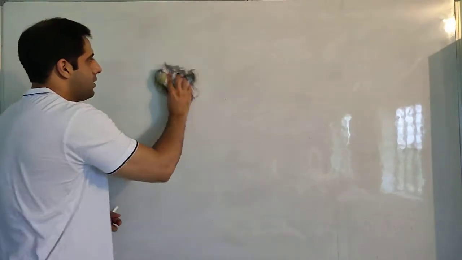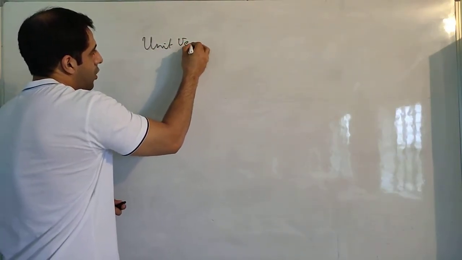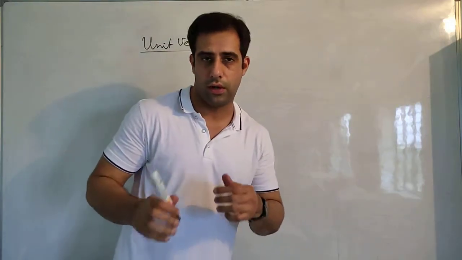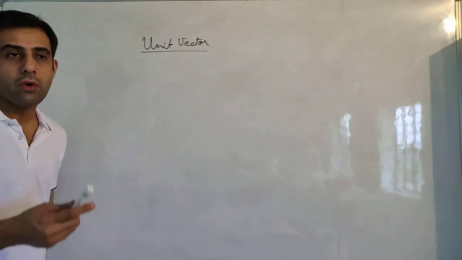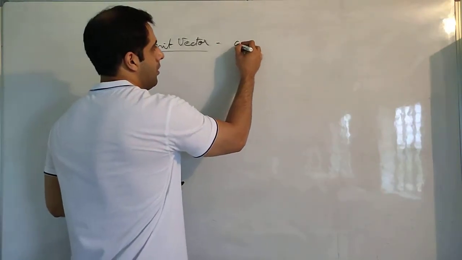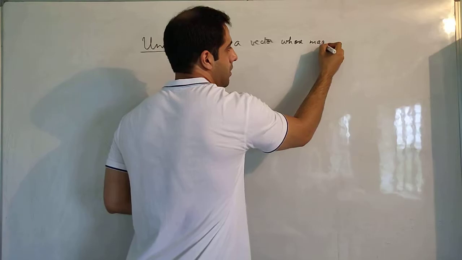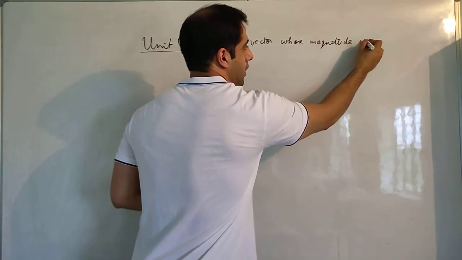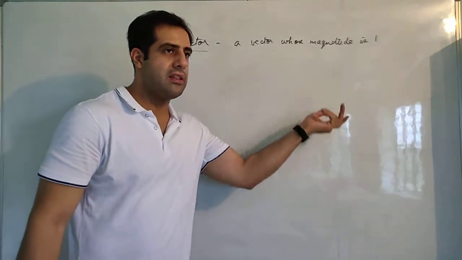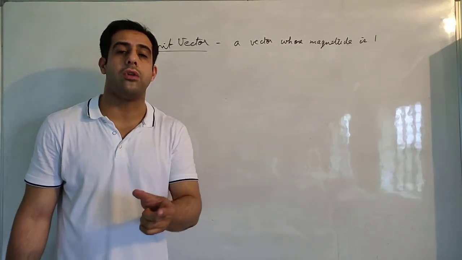Let us go to the next thing. It is the unit vector, and it is very important. It will be used in all the chapters till you are studying physics, school, college, wherever you go. What is unit? Unit means 1. Unit vector means a vector whose magnitude is 1. The size of the vector is 1. That means if I am going to multiply this vector with any physical quantity, this vector is not going to change the magnitude of that physical quantity.